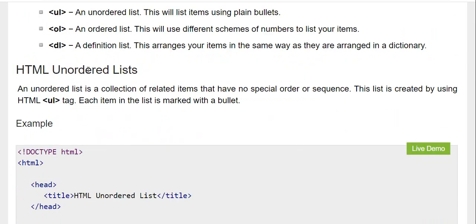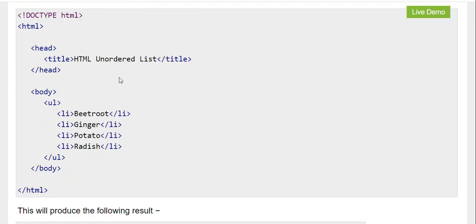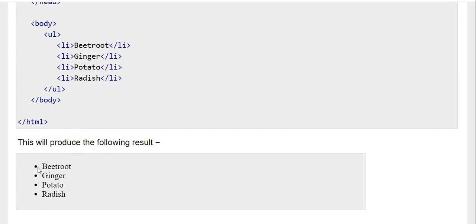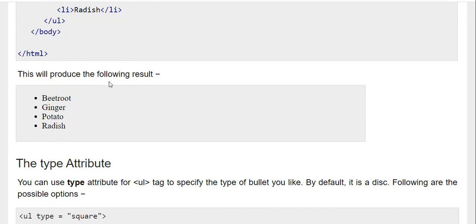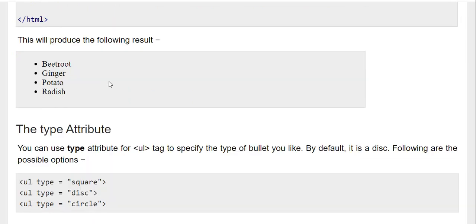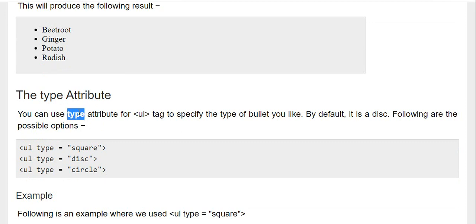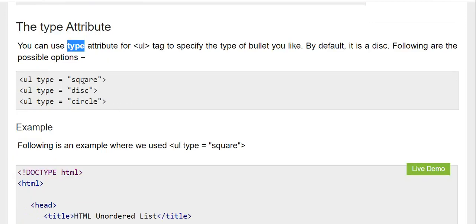Next, here you have unordered list. In this, we don't have any order. All the contents will be displayed with a bullet symbol. It is by default. Now if you want to change this bullet symbol, we have an attribute called the type attribute. Here you can specify if you want to represent it as a square, a disc, or a circle. Depending on that shape, that will come.